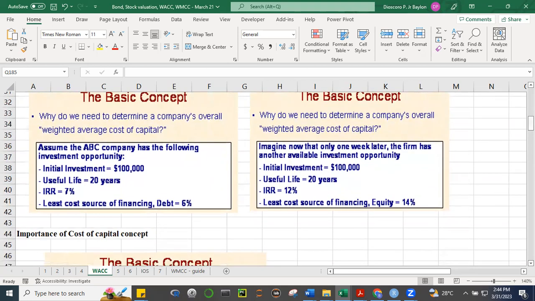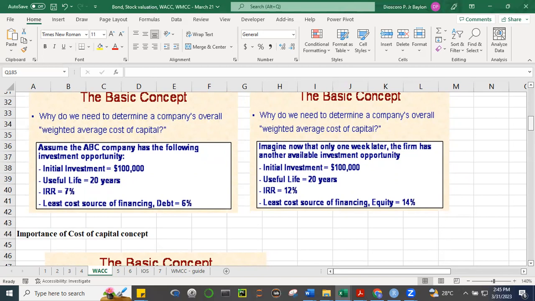average cost of capital. Now, WACC is not something that's permanent. So oftentimes companies would assess again and compute their current weighted average cost of capital, because the weighted average cost of capital is a function of several factors, and these factors change with respect to time. So these factors do not remain constant. That's why the weighted average cost of capital may change over time. Okay, so let me cite you an example.